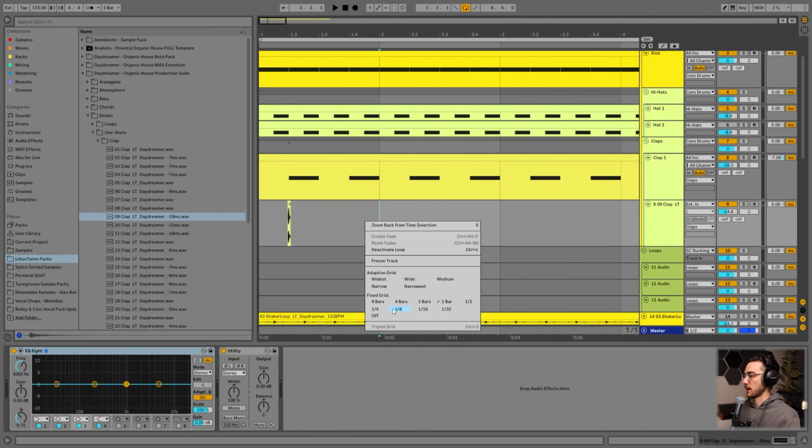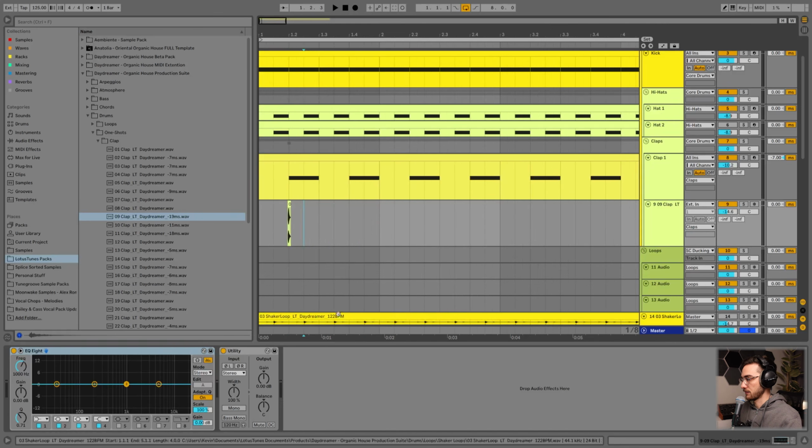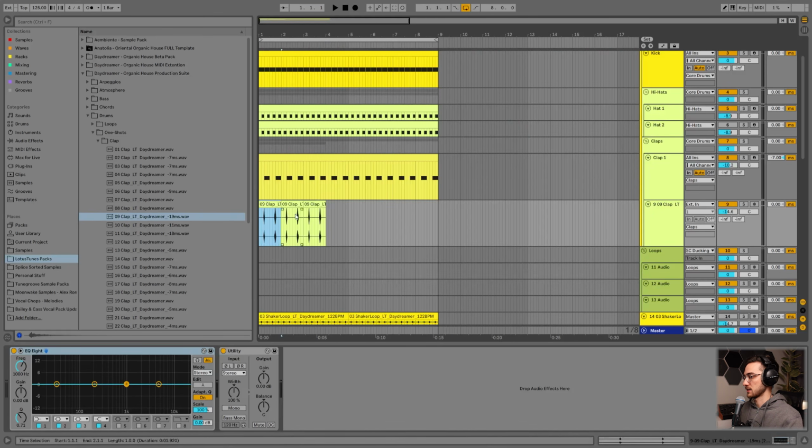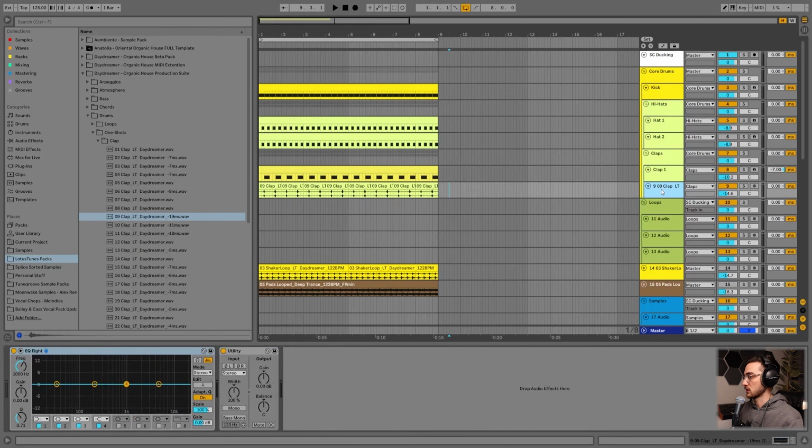And you see I'd always get back to this panel. You can use the adaptive grid, but I mostly like using the fixed grid over here. And then I duplicate the clap. Oh, falsely duplicated it. This would be correct. And by hitting Control J, you can consolidate the clip. This is how it sounds like. Cool. So having a default MIDI clip and an audio clip in some cases can be really, really beneficial to